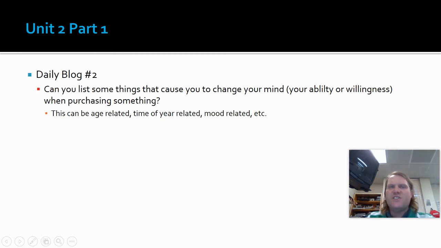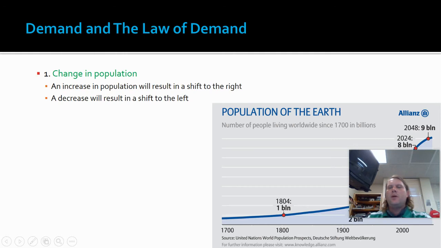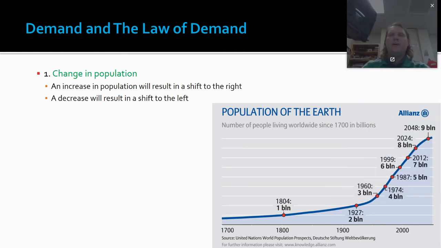Okay, let's talk about the 6 different things that we can apply to this shift in demand. The first one is going to be a change in population. We've talked about this graph as looking at an individual person and how much you're going to demand. Well, we're going to assume we could take a survey of all people, and we'll use Elkhart as an example, 150,000 people, and say this is how much people will demand for stuff.